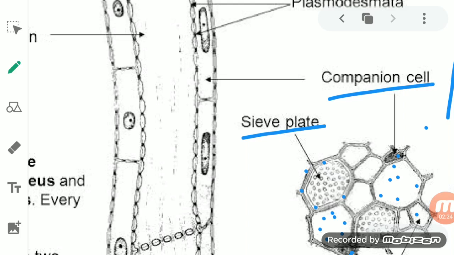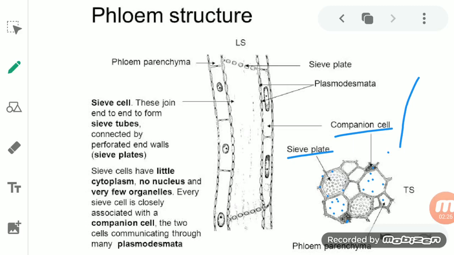And the other two, the phloem parenchyma and the phloem fiber, are already present in it. So there is no difference in the phloem structure in the case of a gymnosperm and an angiosperm. The only difference is the sieve cell is present, the albuminous cell is present, and the perforation is not all over. It is very little as compared to that of the sieve tubes.